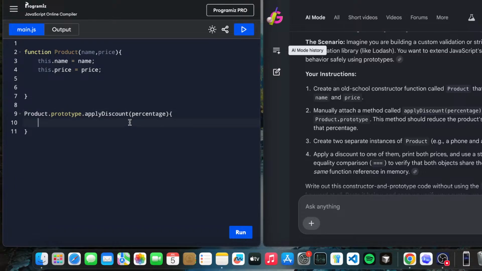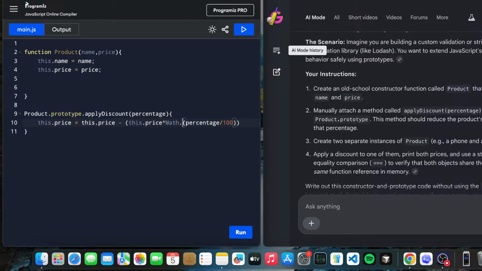Let's see how we access it. this.price equals this.price minus this.price multiplied by the percentage. The percentage first needs to be divided by 100, and after that it goes with this.